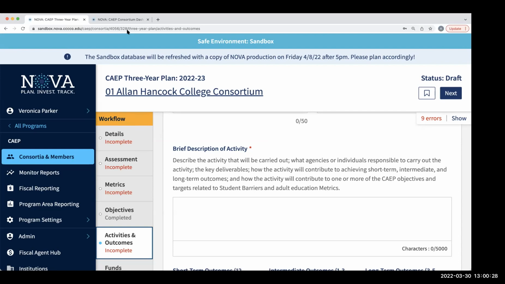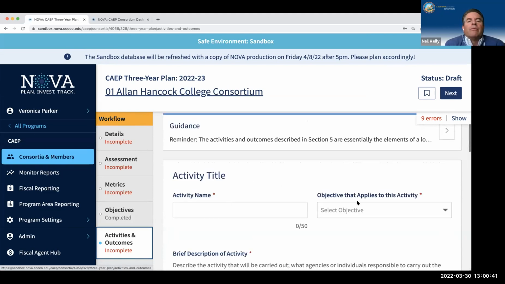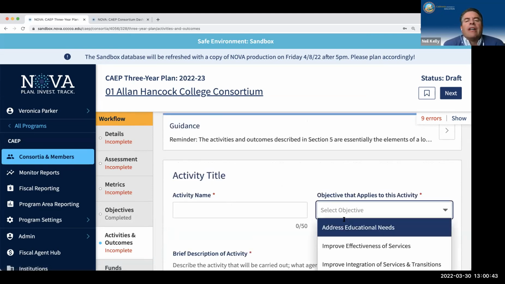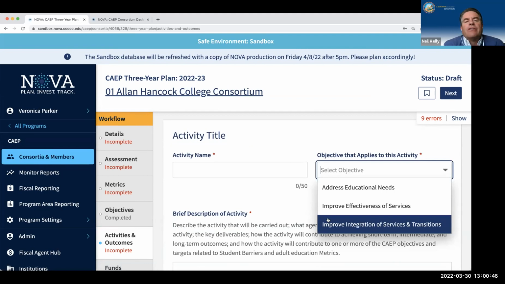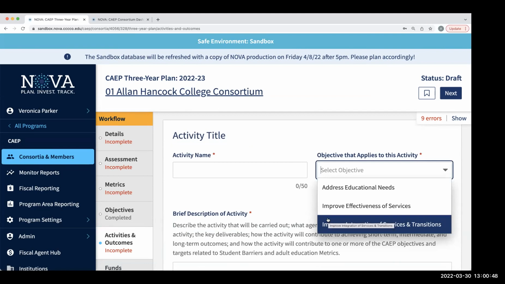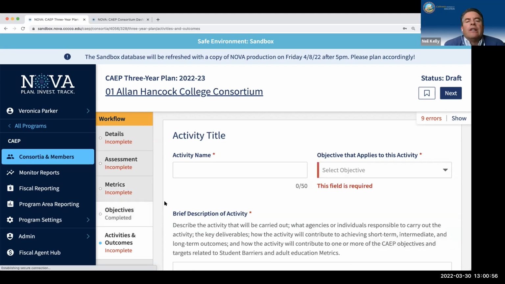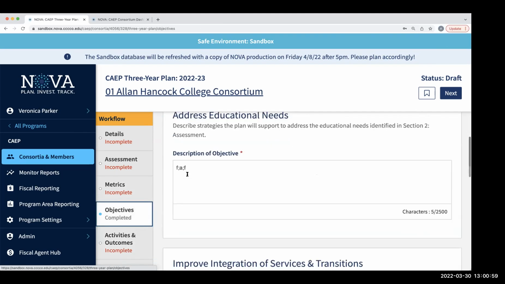And Janae was talking about as well. For each activity, you have to select a metric, right? Right. So when they're broad enough, how do they go about it when those activities are very broad? So for the activities and outcomes section, they are selecting the objectives, right? Right. So in the objectives, they would have described